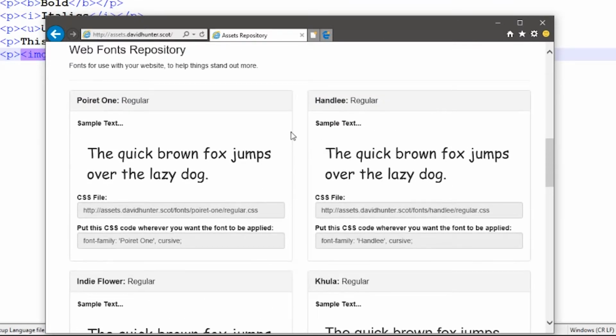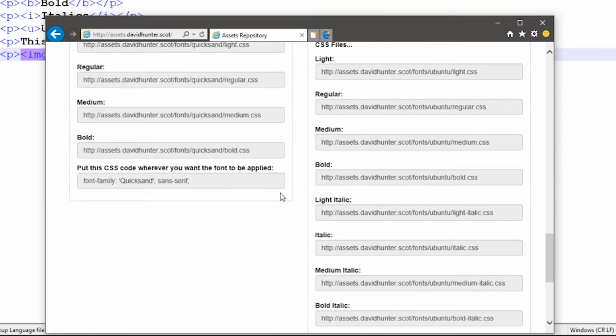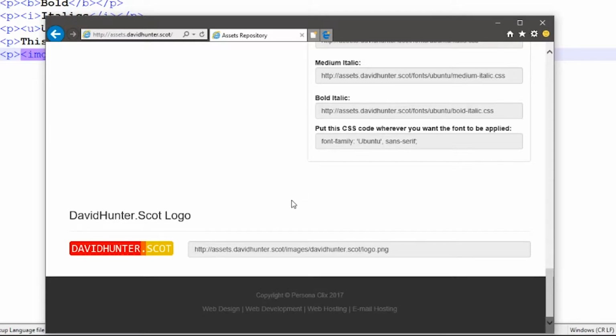And we also have some web fonts here that we can learn about later on as well, but you can ignore all these for now because we're just interested in images. And at the bottom here, the very last thing to be displayed is this here, the David Hunter Scott logo. So if you select this link here, the URL to the image, and right click and do copy,